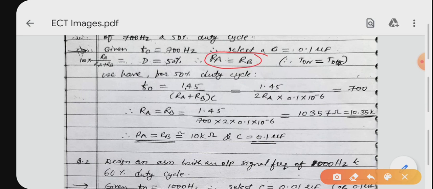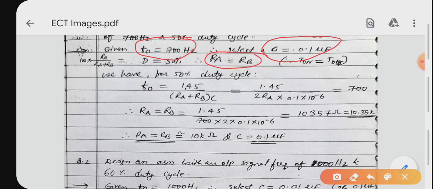Whenever you are going to design any circuit, in the case of an operational amplifier the IC is 741. Here, in the case of astable and monostable multivibrator, the IC is by default IC 555. You have to find out the values of the other components used in that circuit, like resistors and capacitors, which are externally connected to the IC. So here you will calculate the value of RA and RB and the capacitor value. The capacitor value we have selected directly based on the output frequency, and RA and RB we will now calculate.